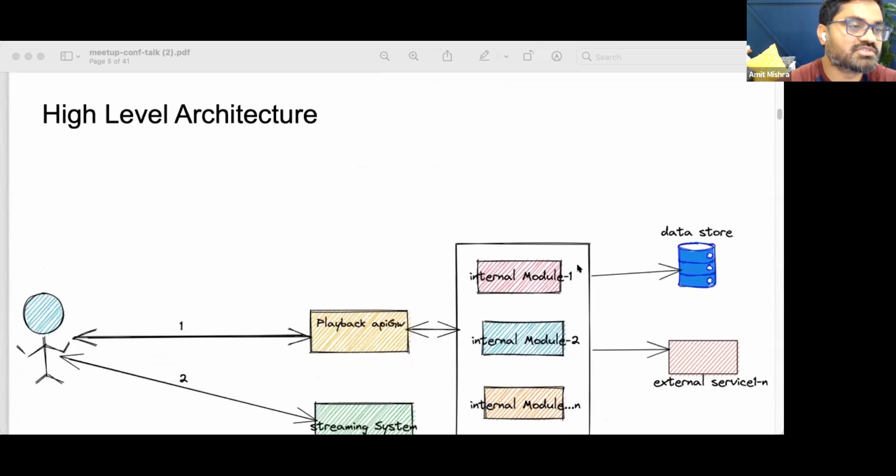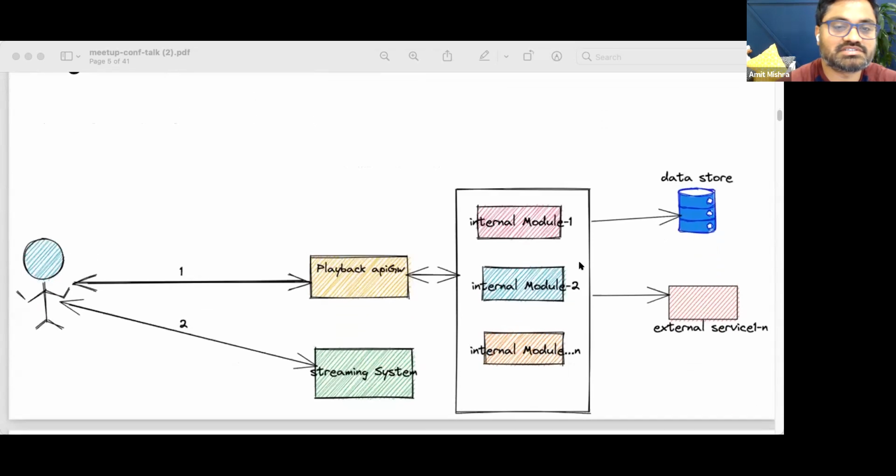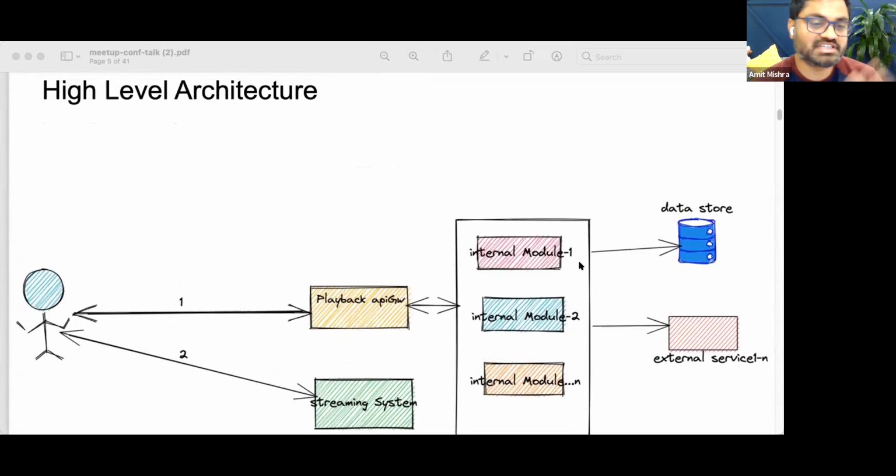Let's go over the very high-level architecture for this existing legacy system. Our legacy system was a monolithic service written in Node.js. It had a couple of internal modules, and each internal module had very complicated business logic, because you can imagine that when you are serving live content to a particular user, it depends on various factors. Factors like whether the user is subscribed or unsubscribed, and which location the user is based in,